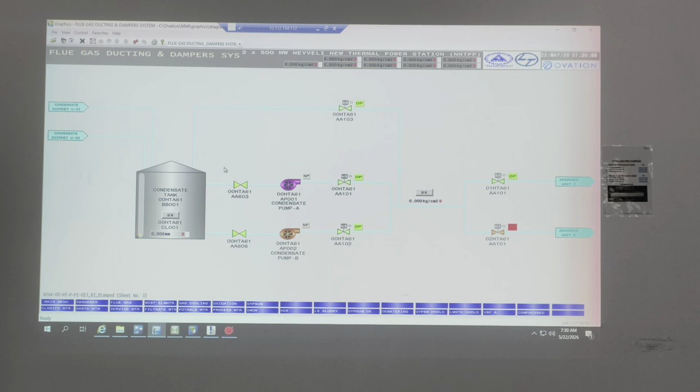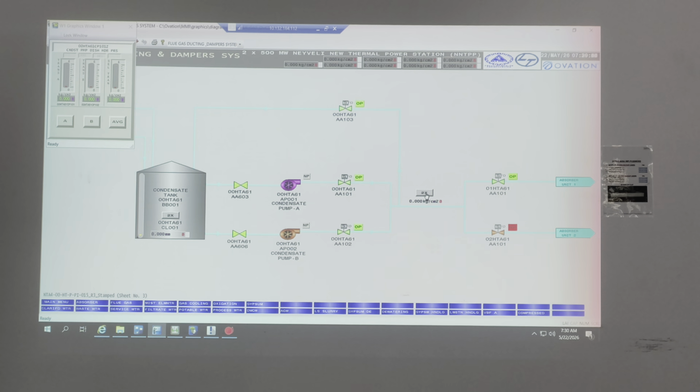Right? What is this? What is this button? What does the button do? See, yesterday I told you median select and average. This 2x means 2 transmitters. 3x means 3 transmitters, because this is the pressure. And when you click this, you can see transmitter 1, transmitter 2, and this is the output.